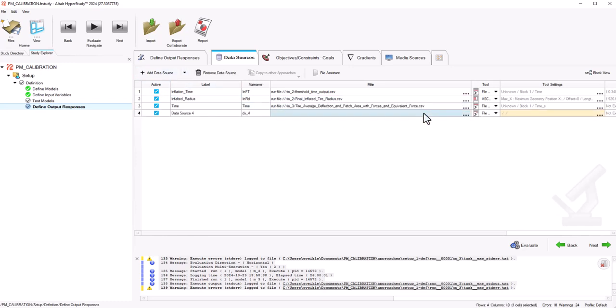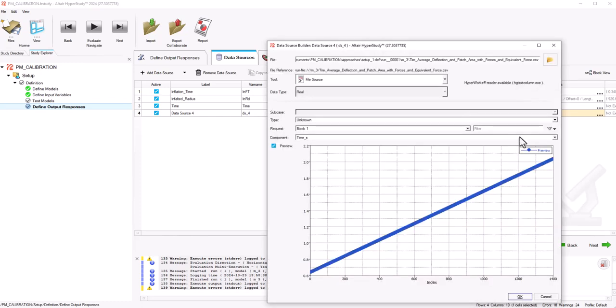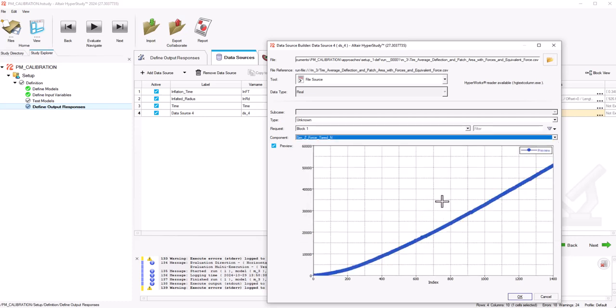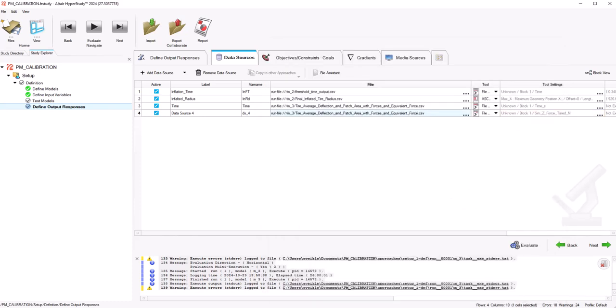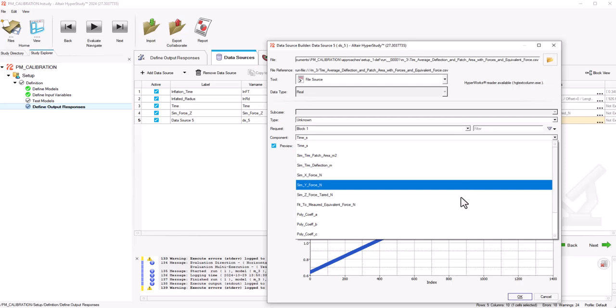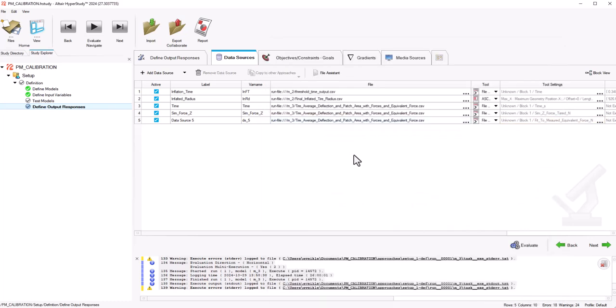We'll add yet another variable, and just for simplicity or for fewer mouse clicks, I'm going to copy and paste that file path in, click on the three dots. Now in this case, I'm going to take the sim_z force tared, and I will update the name of this. The variable name, we will add in one more curve. Here we want to pull in our fit to measured equivalent, our reference curve, curve measured, and finally I will add in,